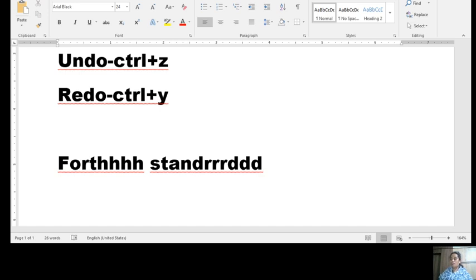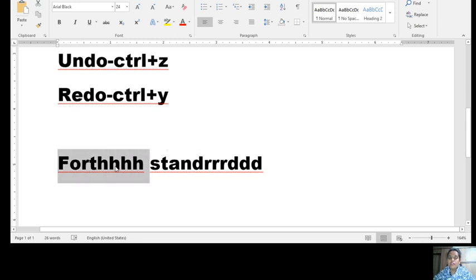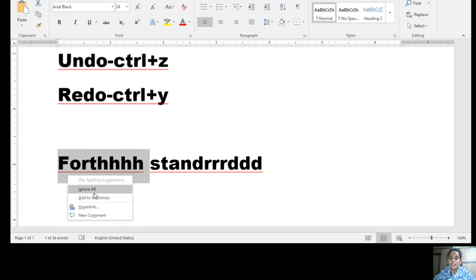No, it is wrong. So, can you see that red wavy line over there? Can you see the red wavy line, children? Yes, that means the system is showing you that the word you have typed is wrong. The spelling is wrong. Now what do you do? You select the word and right click on it. You will get different options: Ignore all, add to the dictionary, or anything.